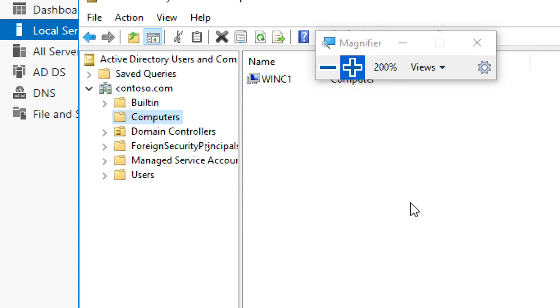An OU is a container, just a logical part only, like a folder, right? You have music files, video files, documents. You create three folders and you keep all music files in the music folder, all videos in the videos folder, all documents in the documents folder, like that.